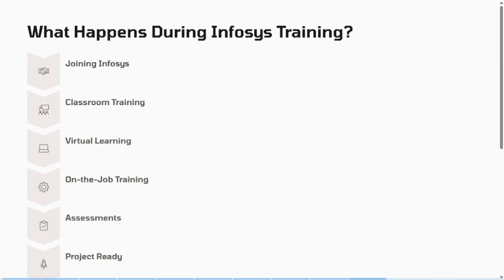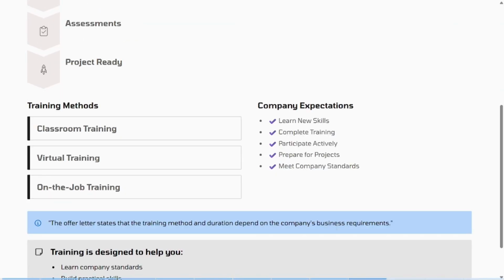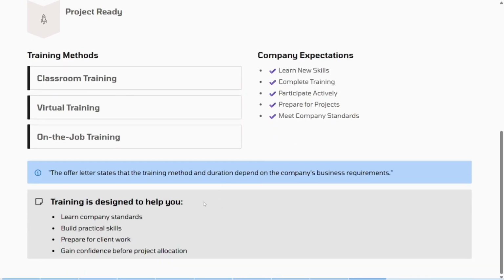Don't think of training as another college semester. This is your opportunity to build your practical skills, understand how the company works, and prepare yourself for your career. If you attend sessions regularly, complete your learning, and stay engaged, you will get much more value from the training. Classroom training, virtual training, on the job training. Learn new skills, complete training, participate actively, prepare for projects, meet company standards, and you will definitely be selected for the full-time role in Infosys. Okay,